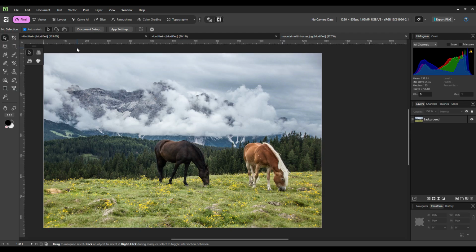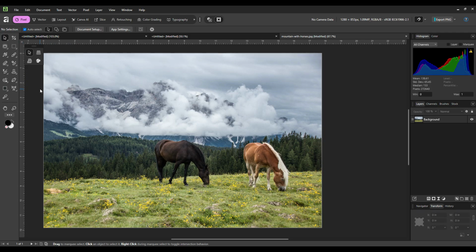Now with your ruler on, you can go to the intersection of the rulers. This is on the upper left hand side, and just right click, and you could change your various units of measurement there. At the moment I'm using pixels. Let's say if I go to inches, and now the rulers are now set as inches. So that's the first method.